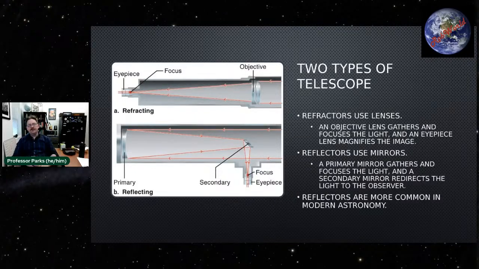So here are the diagrams. Here's basically schematics of what I was just yelling at you. At the top you have the refracting telescope, you have the objective lens, and then you have the eyepiece. Hopefully you can see that with more modern refracting telescopes, they become achromatic. They actually use two different lenses to solve one of the most common problems of a refracting telescope, and that is what is known as chromatic aberration.